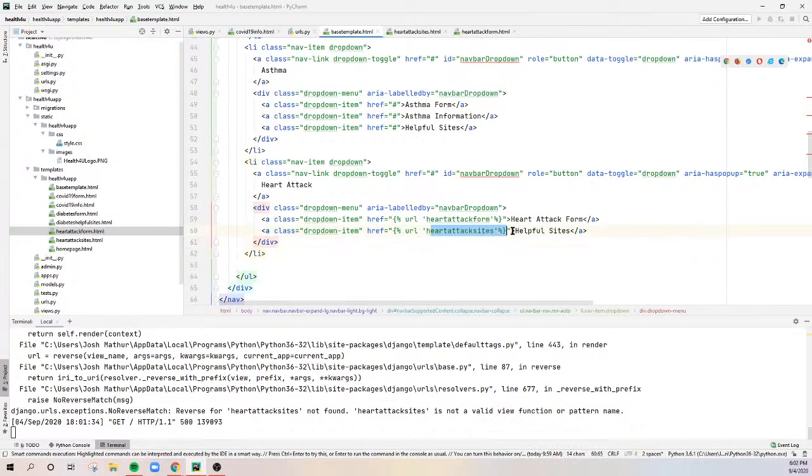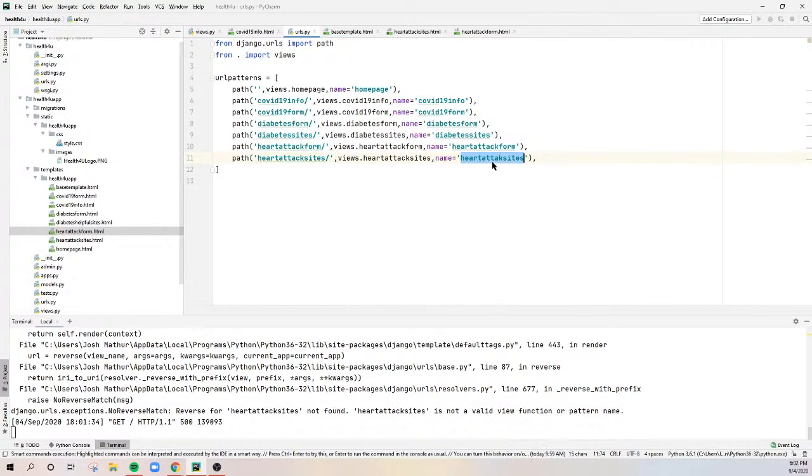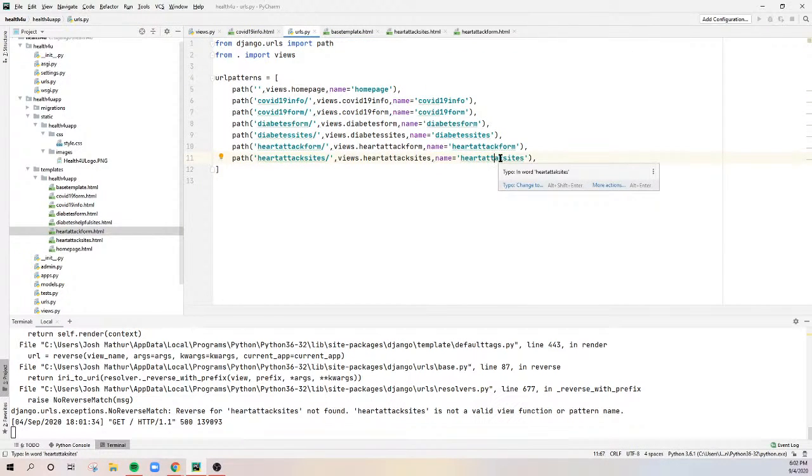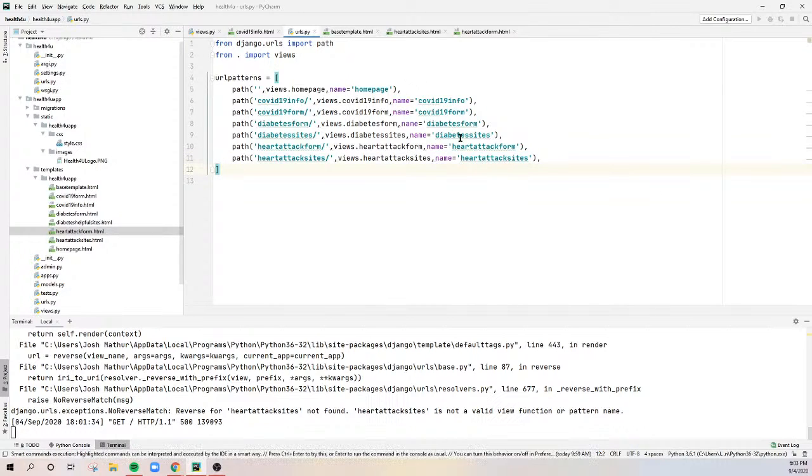So, as you see here, an error came, and it says that it's not a valid view function. So what we have to look at is the name, and you see here, I have misspelled attack. It's ATTAK, but here it's ATTACK. So because of that, once it went looking for heart attack sites, let's say, you know those games that you give 2-year-olds, where there are different types of holes, like a circle hole, square hole. Let's say this is a circle hole, and we're trying to put the circle hole into this square hole. It won't work. So what we have to do is put this C here to make it into a circle hole. That was a weird analogy. So once we specify this is heart attack with a C and K, then if we save,